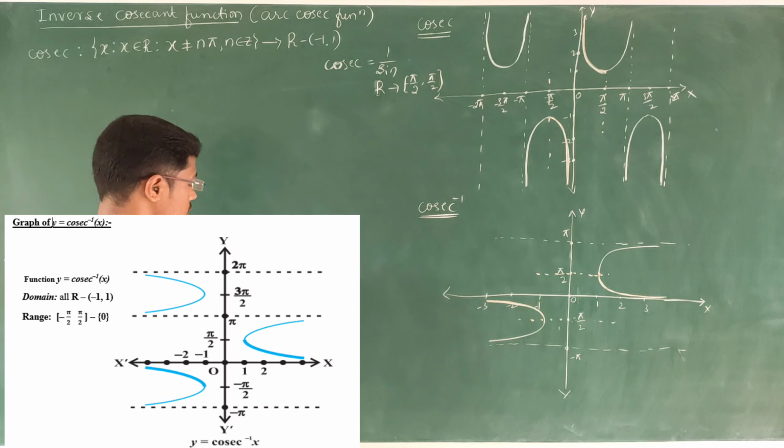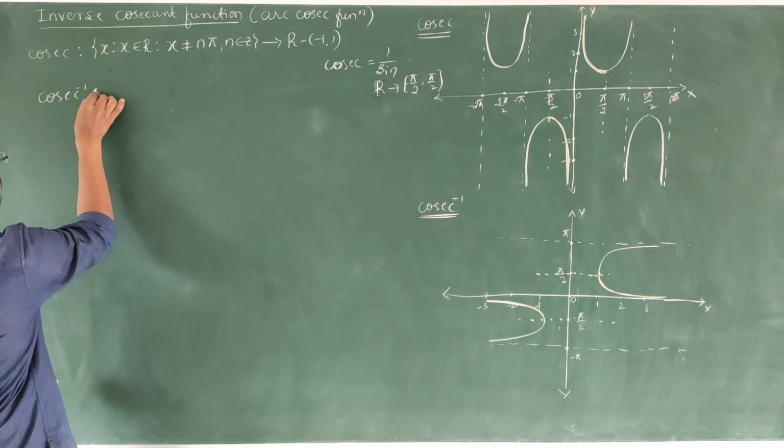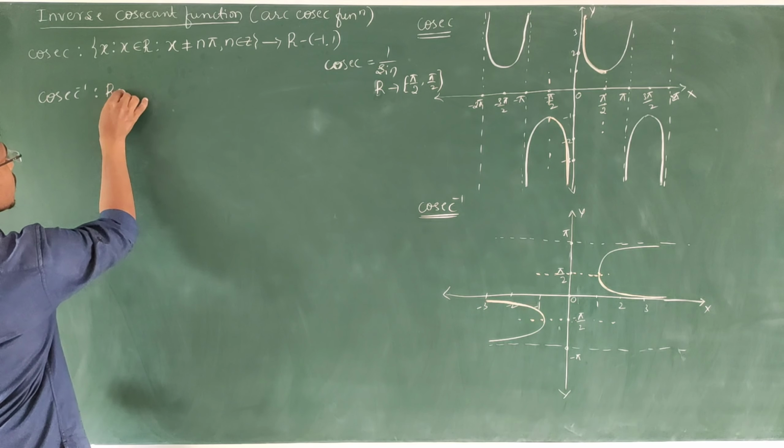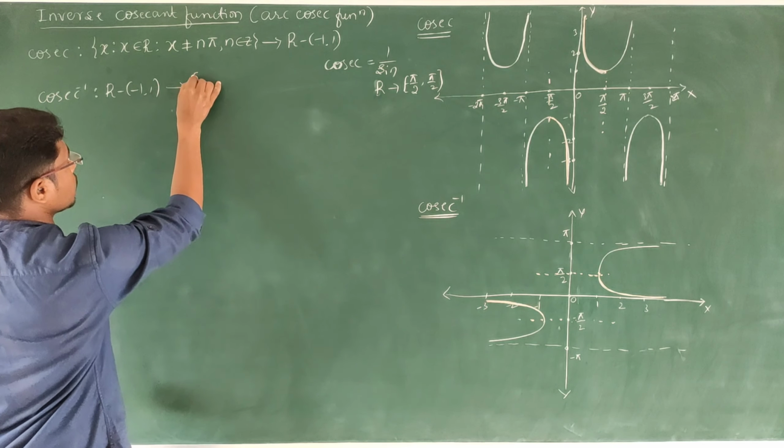So define cosec inverse from R minus (-1, 1) with this same range